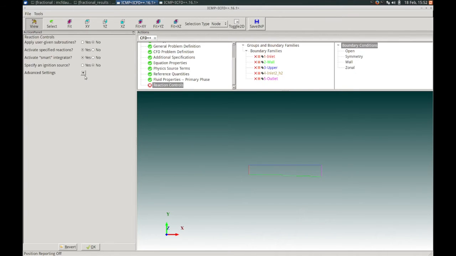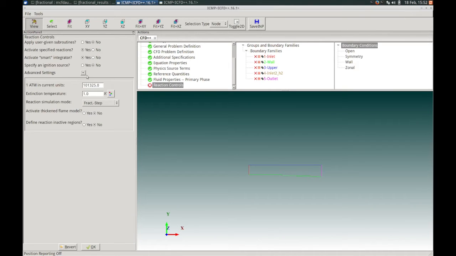You can quickly look in the advanced settings and you will find that the user can select two different types of reaction simulation modes. We will run this case using both of these options. We will first choose the default fractional step method, then we will repeat the simulation using the CFL independent approach. This setting determines how the chemical source terms are treated by the solver. In the fractional step approach, a fully implicit, tightly coupled procedure is used to invert the source terms. This approach can give robust convergence and accurate results, provided that the grid is fine in the flame region. Or if the grid is not so fine, then a lower CFL number should be used.